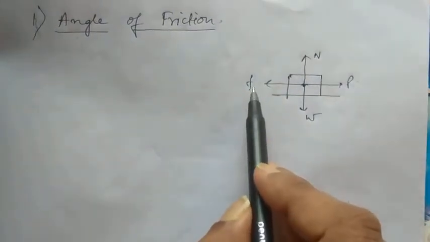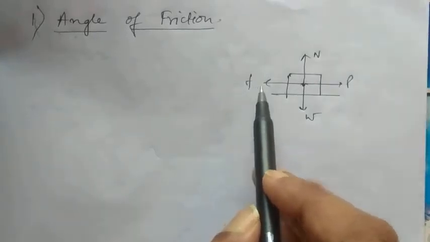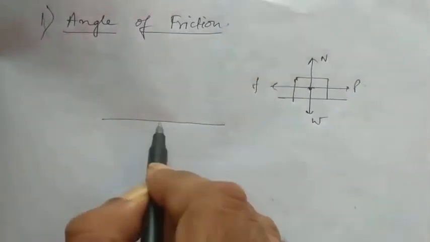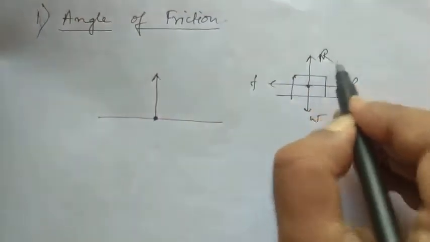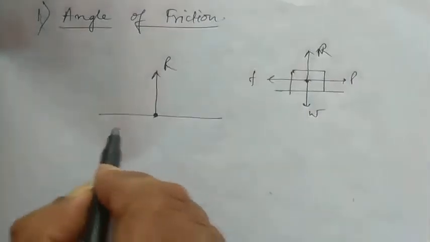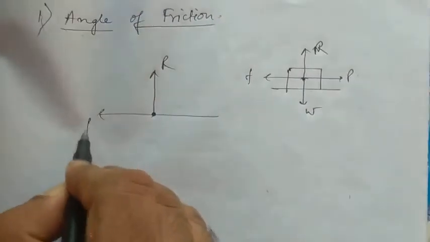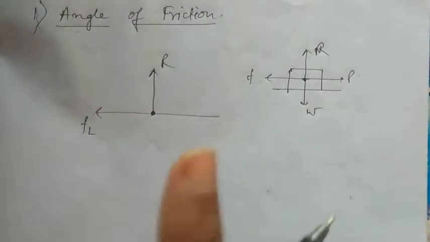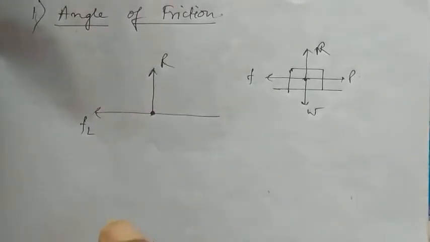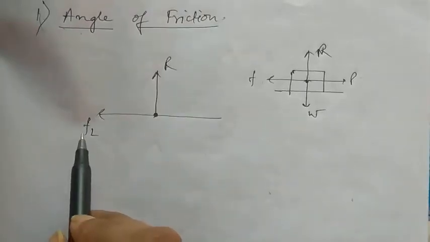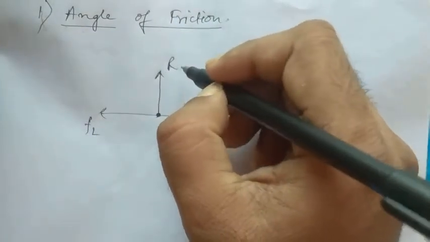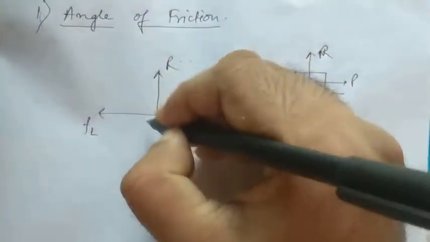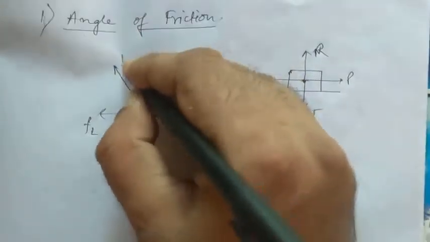Now if we take this frictional force to be the limiting frictional force and try to draw the same diagram using a point object, the reaction force will be R. The value of F will be the value of limiting friction, and no other friction, not static, not rolling. It will be just the limiting value, or rather the maximum value of friction, that is denoted as FL or plainly F. The resultant between these two forces R and FL is, suppose, Q.